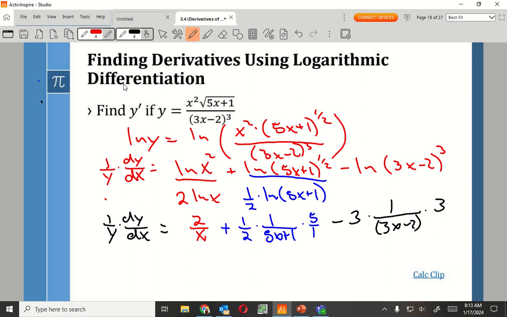I'm going to run out of room here, but I will do this one right here. So I'm going to multiply both sides by y. On the left side, it's going to cancel. I get dy dx equals y times 2 over x plus,